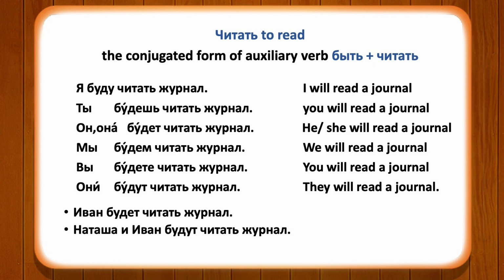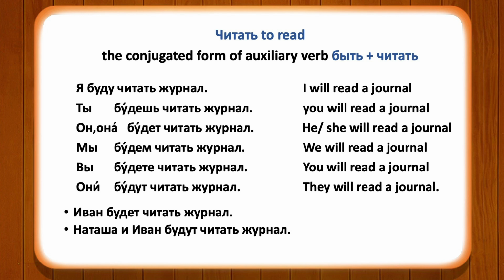You have to remember, when the two verbs are being used together, then the first verb will be conjugated, and the second verb, which denotes the action, will remain in the infinitive form. So the future tense of the verb читать in the compound form would be я буду читать. Я is the personal pronoun, followed by the conjugation of the verb быть, я буду, followed by the infinitive form of the imperfective verb, which is читать.